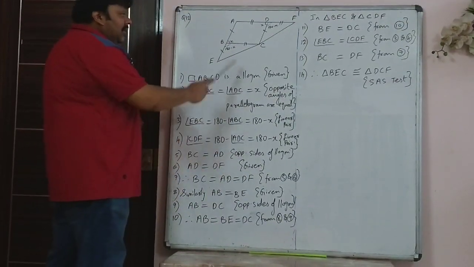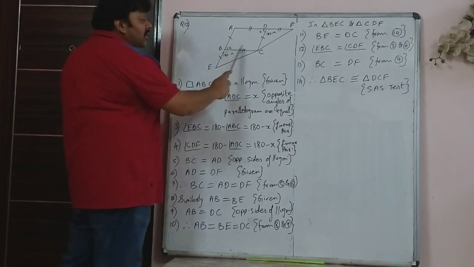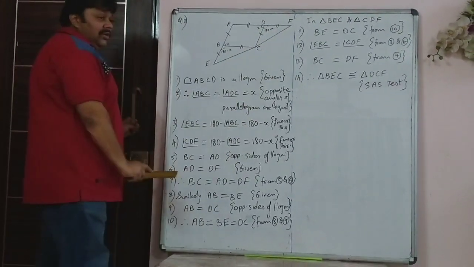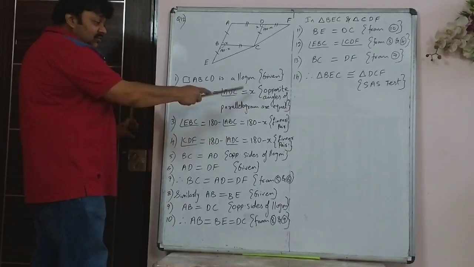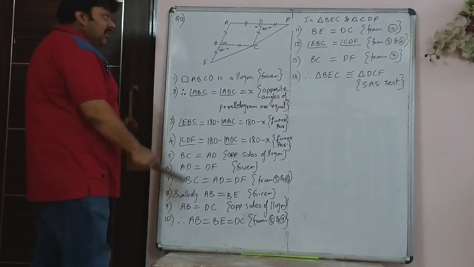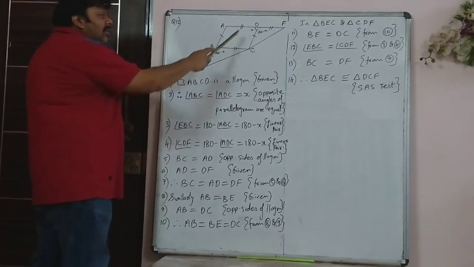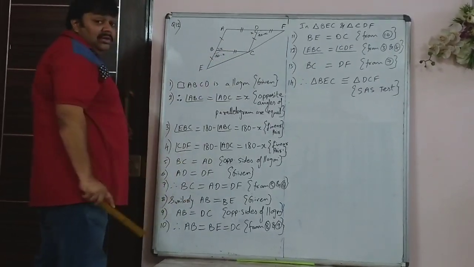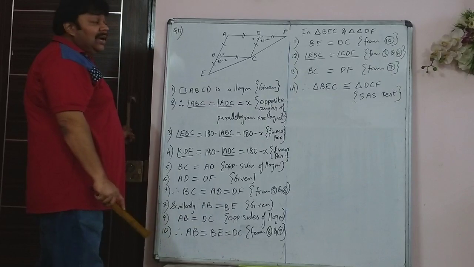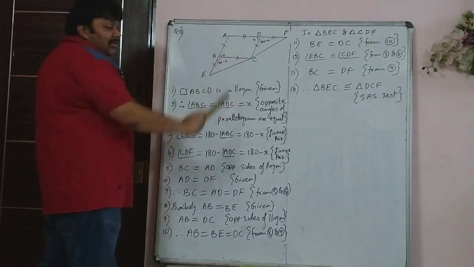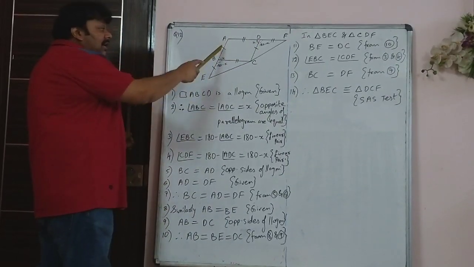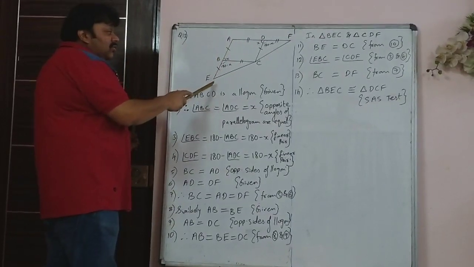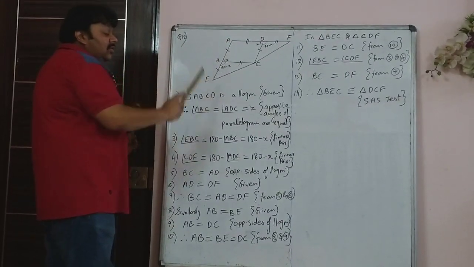So this is required because you need to show first that BC is equal to DF. Not just the figure, you have to write and show. Similarly, you have AB is equal to DC. Opposite sides of parallelogram are equal, so AB and DC. Already it is given that AB is produced to E such that AB is equal to BE.